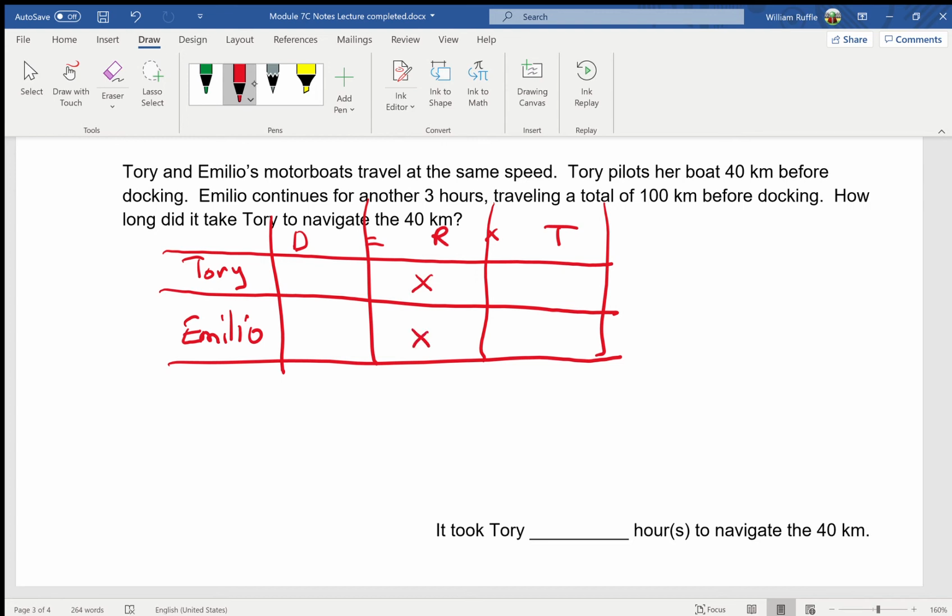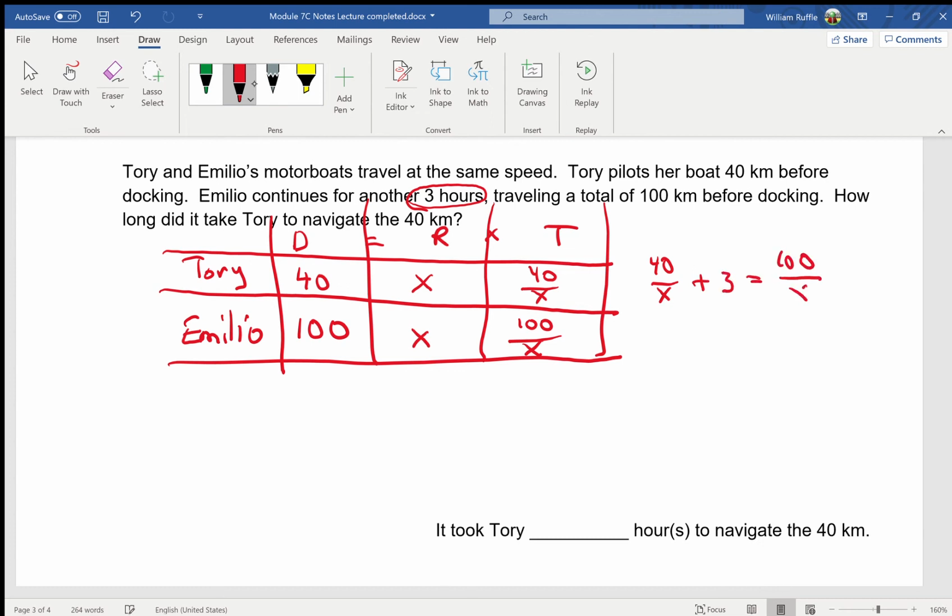Now, Tori pilots her boat for 40 kilometers, so her distance is 40. Emilio continues for another 3 hours, traveling a total of 100 kilometers. All right, so there's 100 kilometers. Now, again, their times are going to be the same. It's distance over rate, so 40 over x, 100 over x. So Emilio traveled for 3 hours extra. So that means Tori's time of 40 over x, then Emilio traveled another 3 hours, and that should equal Emilio's